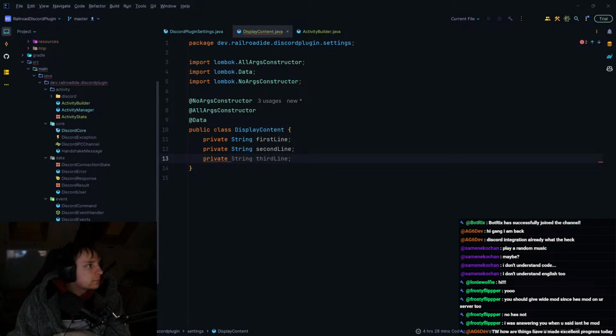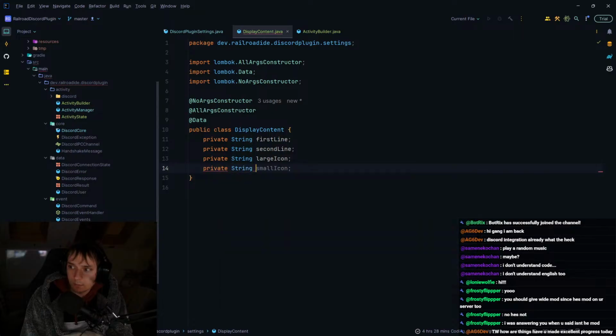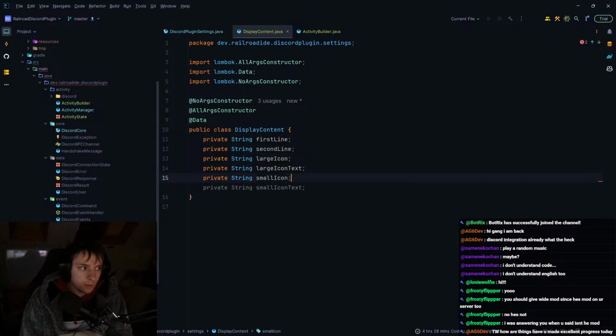I guess I can look at my code to see how I've handled custom. It's going to be a string large icon, then a private string large icon text, and then a private string small icon text, and then a